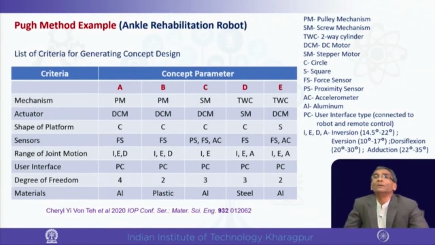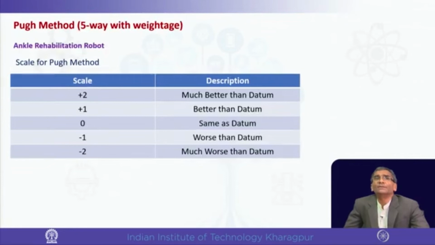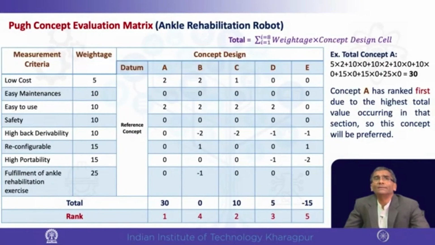this slide. And what we will see is that in a 5-way method that we have already mentioned, plus 2 is much better than datum, plus 1 is better than datum, 0 is same as datum, minus 1 worse than datum, minus 2 is much worse than datum. So, these are the 5 ways that we would keep it. And then